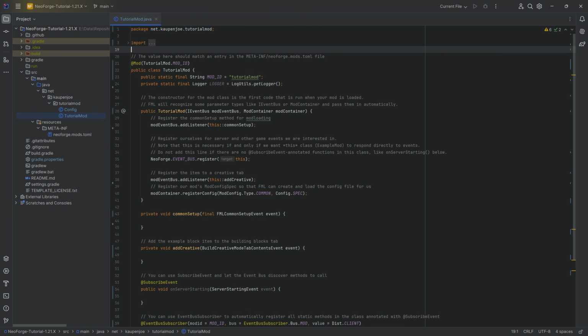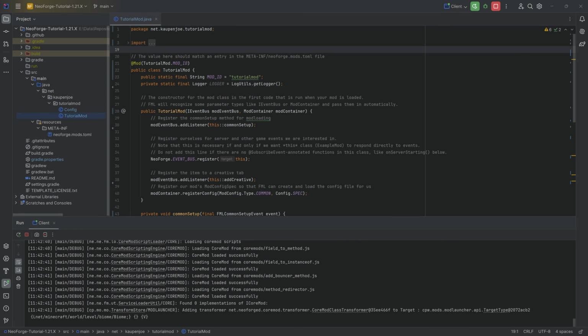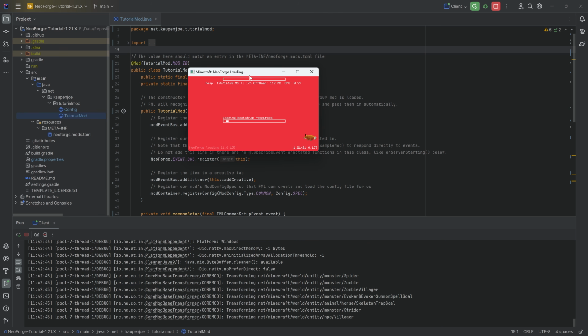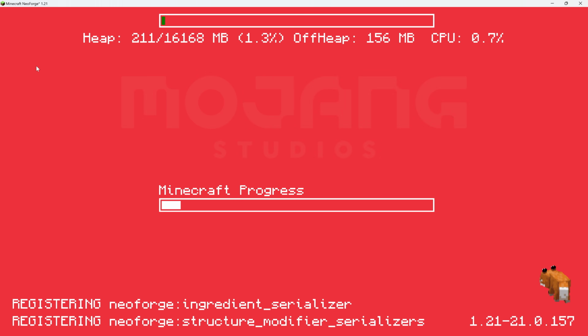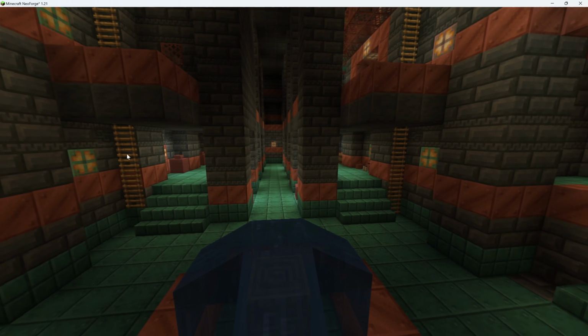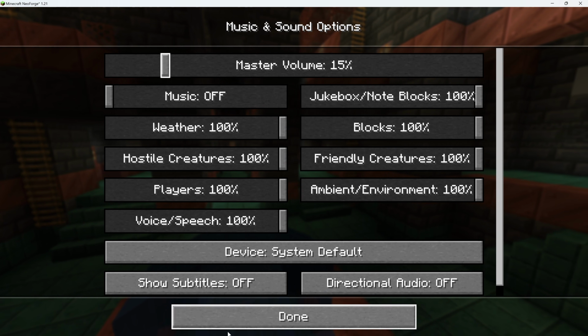And now what is set up, we are pretty much finally done. What we can now do is, on the current file right here, simply hit the play button on the client, so run client, and that is going to start Minecraft. If you do this for the first time, it might take a little while, but in this case, what we can actually see is, look at this, the project is already starting, and we're going to be hit with the narrator in mere seconds. And of course, there he is. Press enter to enable the narrator. We don't need to do that. Let's go to the music over here, turn this down a little bit, and there we go.